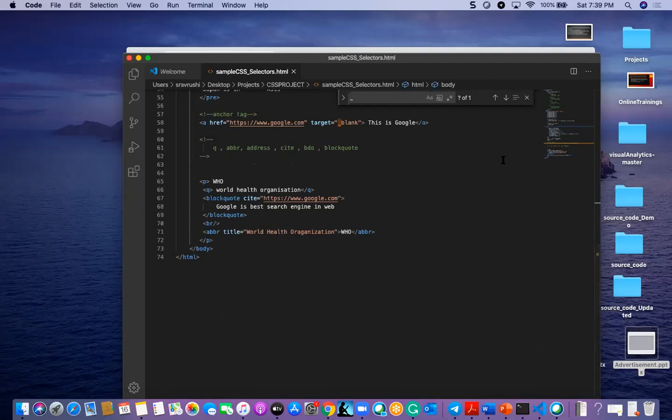And one more thing we can go for is the address. Okay. Just want to give one click here. Go for address. Select the ADDRESS tag. So whatever we are going to give here, let us think like if we are giving any address, it will be mentioned in the address format.